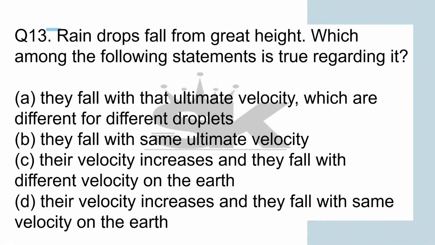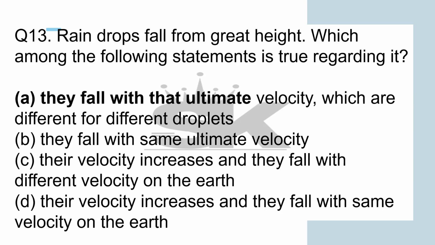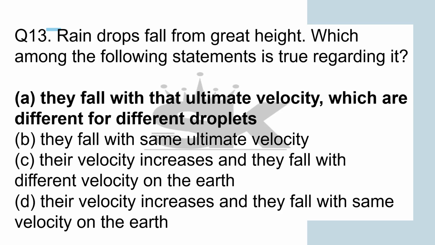Next question. Raindrops fall from a greater height. Which among the following statements is true regarding it? The answer is they fall with their ultimate velocity, which is different for different droplets. Okay,